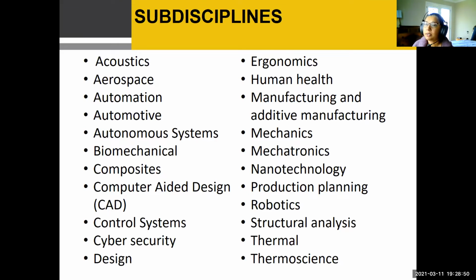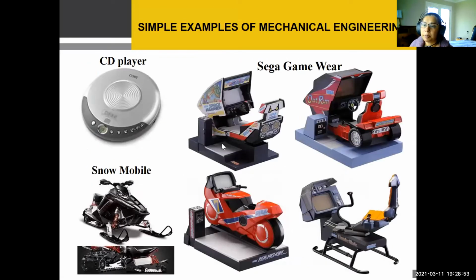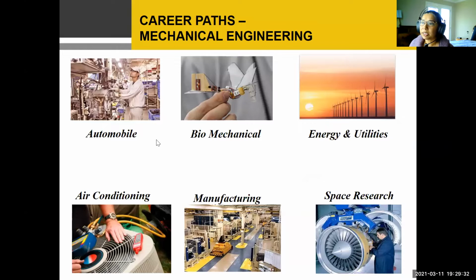Let's see, what else do I want to say? So I've actually accidentally talked about my slides a little bit that are coming up ahead. Here are some very simple mechanical devices that were created by mechanical engineers a long time ago. I don't even know if you can find any of these. These are super old. But now you can see you can take a console like this that you had to go to somewhere and play in, and you can still go and play in these things. But think of how small they've gotten, right? Where they're now all in our homes. So things like that. All right, and nobody even has one of these anymore. Now we just have digital music. It's amazing. Okay, but here's where I wanted to go.